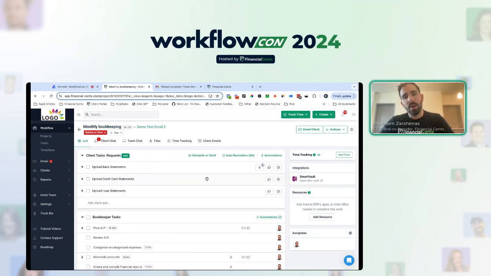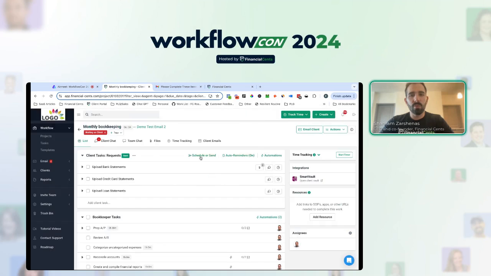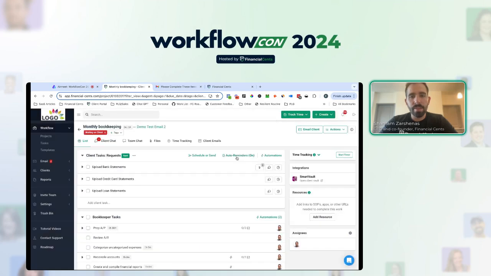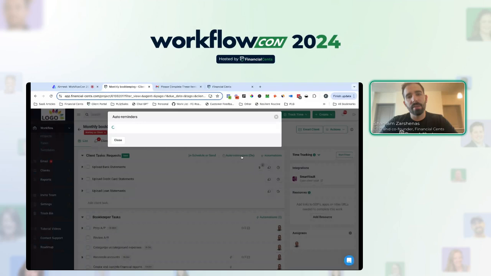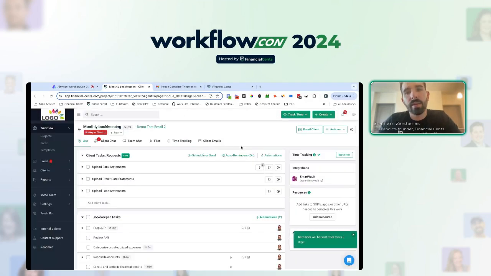Once you create that request list, you can do many different things. You can request documents, you can send documents, you can ask questions. When you do that, you can easily send them to the client. You can choose who you want to send them to, and then turn on the automated reminders. So when you send a request to the client, you can even say follow up with that client maybe every 3 or 4 days until they get that work done. So this not only automates the client data collection process, but it helps you get those documents faster through an easy to use portal, which I'll show you in a little bit.